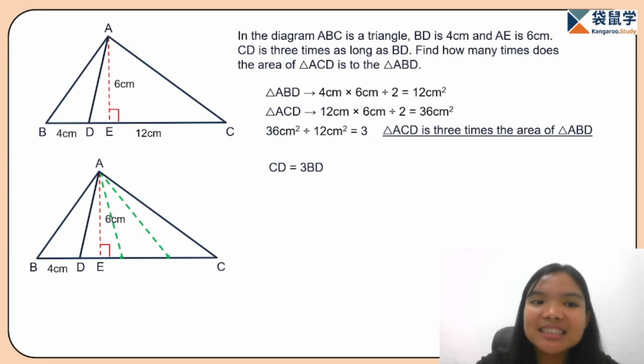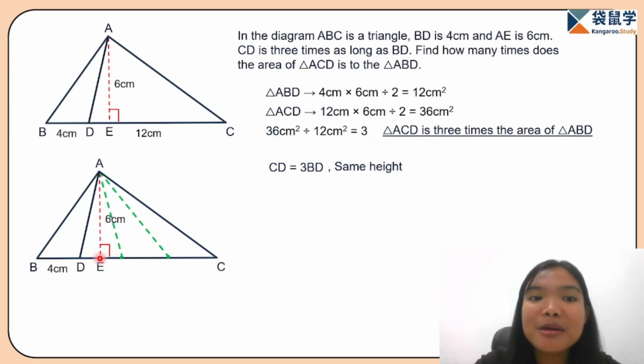As we can see, these triangles were cut from the highest point of the triangle. From here, we can see that all of them will have the same height, which is AE. It is the vertical line from the highest point to the base, and it forms a right angle. So, if they have the same height and the same base, what does it mean? It means they all have the same area.